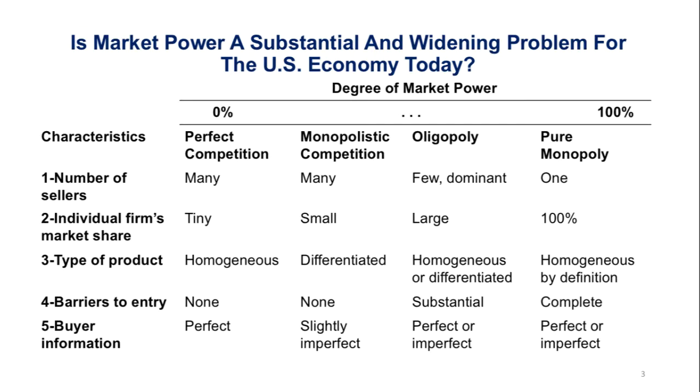Now, before that, remember that this is a scale of the degrees of market power that you saw in chapter 8. In chapter 8, we talked about whether market power is a substantial and widening problem for the U.S. economy. Based on these characteristics, the number of sellers, the market share, the type of product, barriers to entry, and buyers' information, we can decide whether we have a perfectly competitive market with zero market power, or a monopoly with 100% market power. And you learned that in the United States,